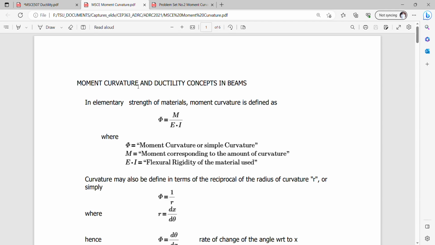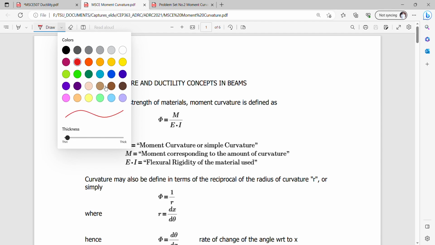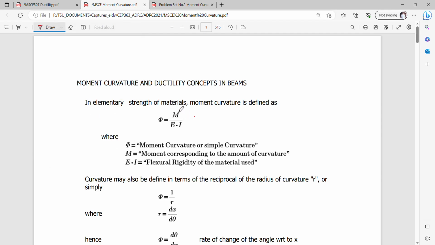Good day, class. This is a continuation of my lecture on ductility, but this time we focus more on how ductility is measured in terms of curvature. From the elementary strength of materials, I already defined to you what the curvature phi is all about. So this is simply the moment divided by the flexural rigidity